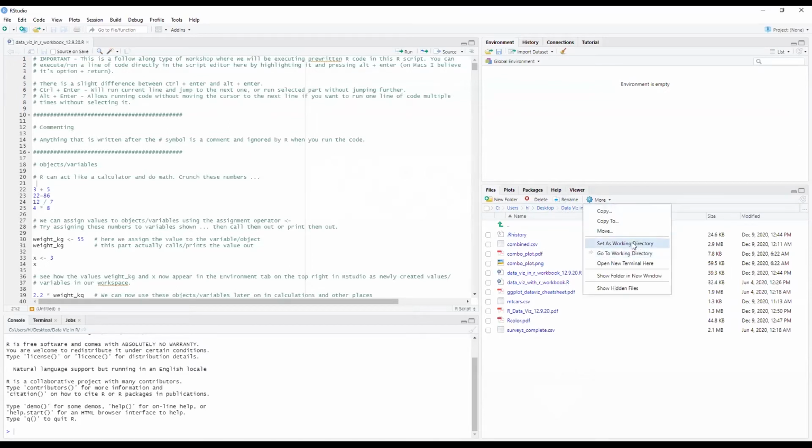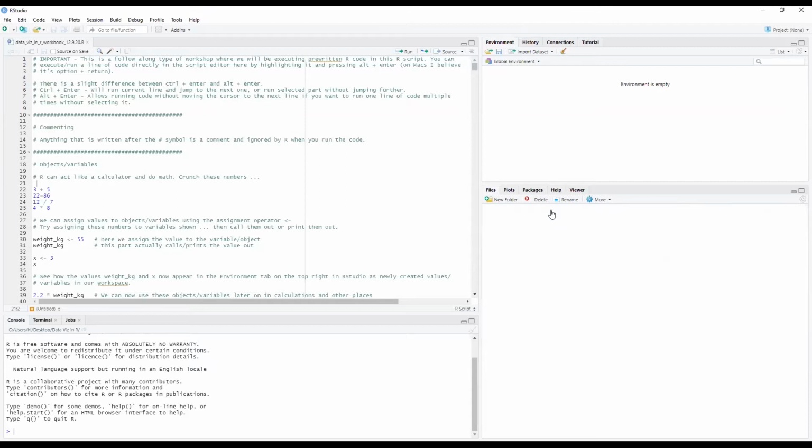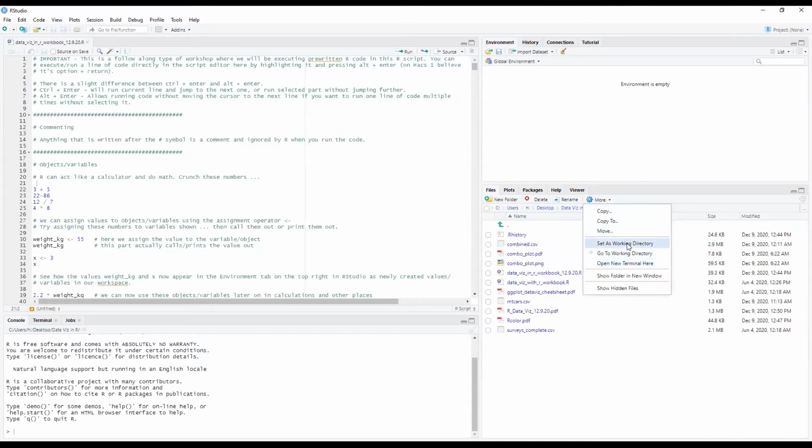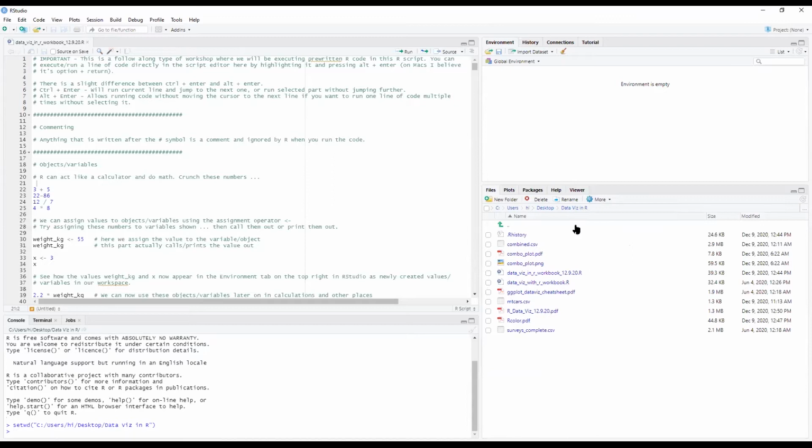Basically, the best practice, and I'm not sure if it causes any issues right now, is to have your R script file, any output files, any extra data sets, etc., in the same working folder. I have it here on my desktop, in a folder called DataViz in R. If you go to that particular directory using the directory navigation here, you should be able to set as a working directory wherever you go into.